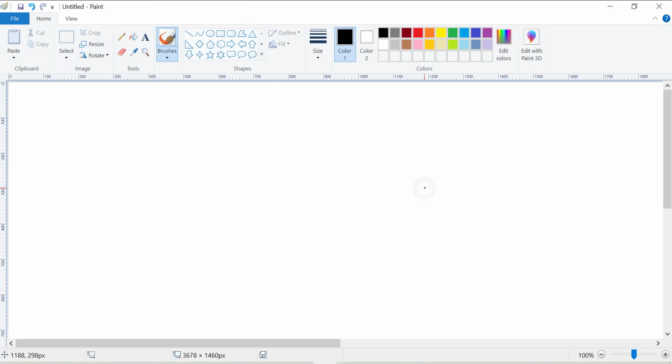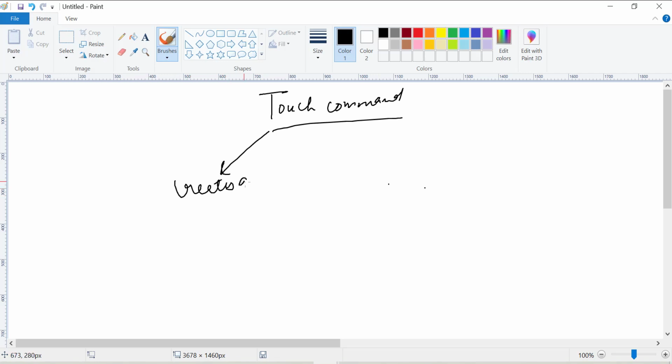So when we talk about the touch command, it actually creates an empty file. It can even create multiple empty files.